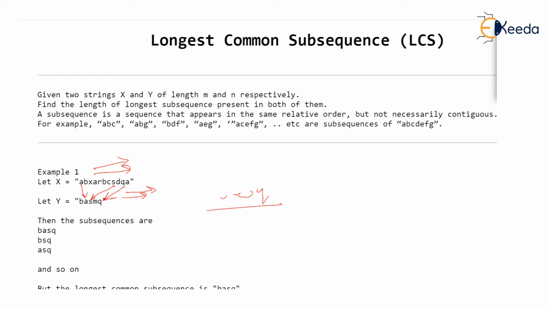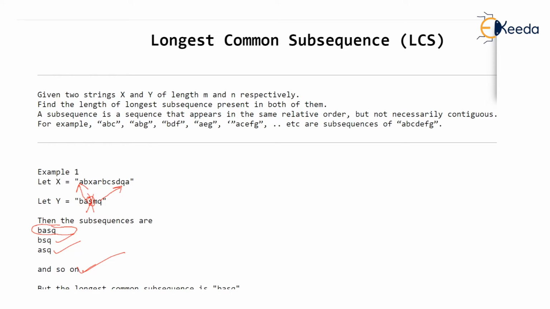But the problem is we want to find out the longest common subsequence. I mean, what will be the longest string which matches these rules? And in this example, the longest common subsequence is BASQ, but all these are common subsequences and so on I have written because there are many common subsequences. Now, the height of this problem is that somebody will say, sir, in that case, A and Q is a common subsequence. But what about S? No, I have a liberty of leaving it. I can leave any amount of characters.